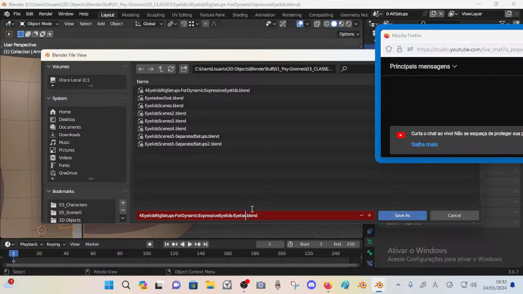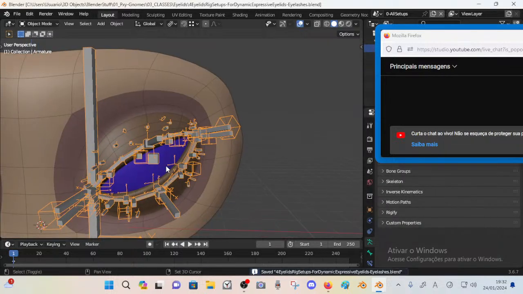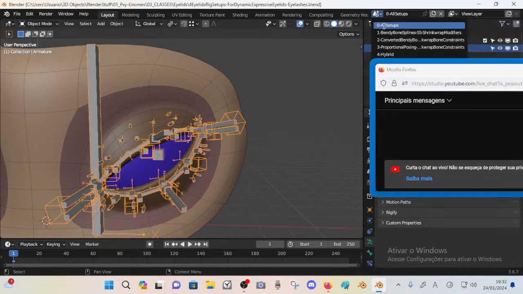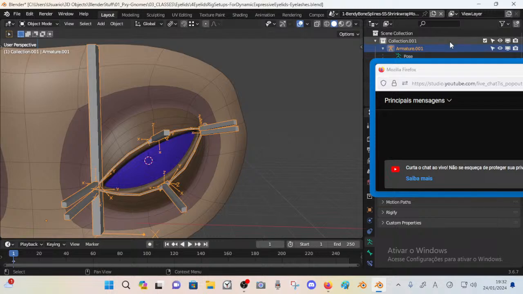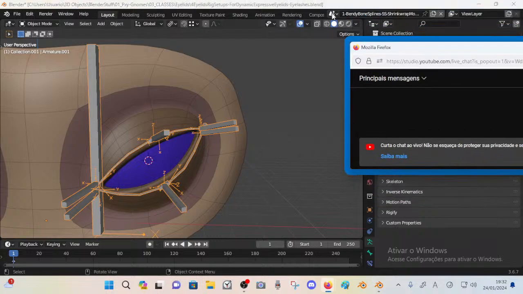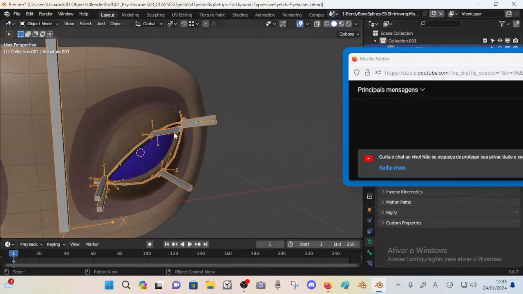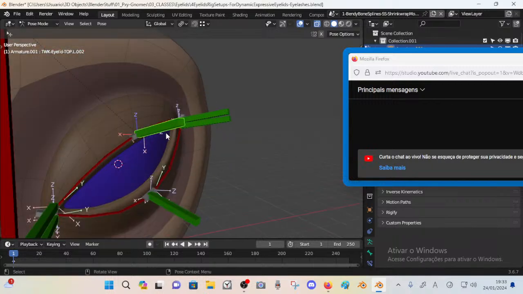So the idea will be to add eyelashes on top of this, but I'm not going to work on all setups. In this one we use shrink wrap modifiers, but on the other setups we use shrink wrap bone constraints. I haven't tested this yet, but I believe instead of shrink wrap modifiers, if we want, we can,